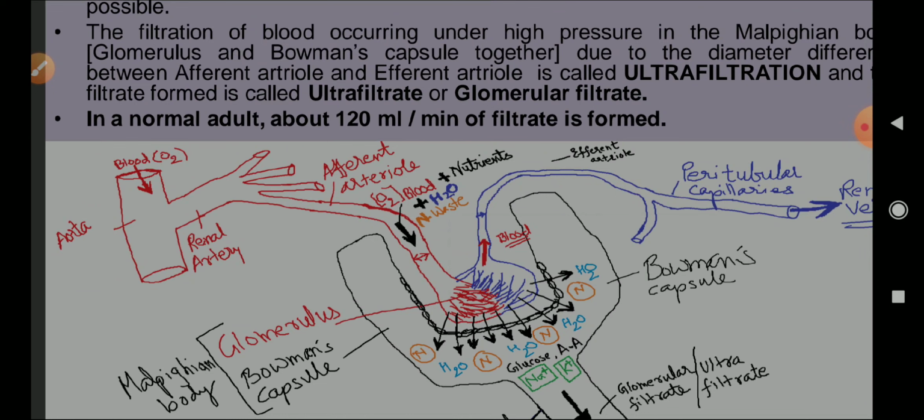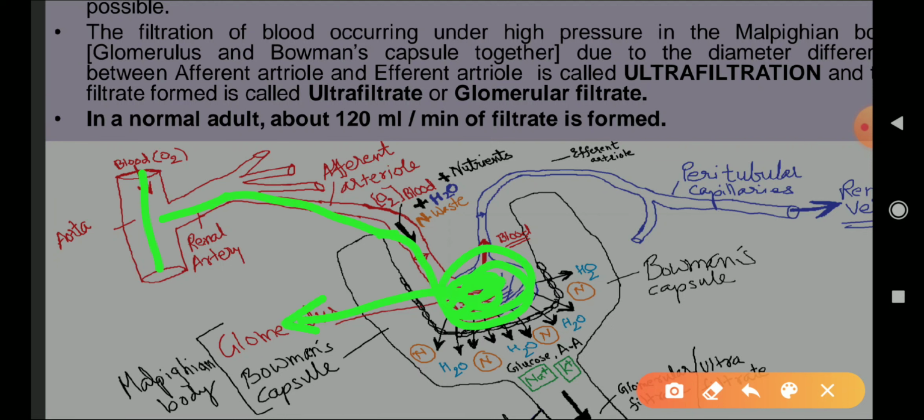It divides into a tuft of capillaries known as glomerulus inside the Bowman capsule. So here I am talking about aorta dividing into renal artery, dividing into millions of afferent arterioles. Afferent arteriole divides into a minute tuft of capillaries known as glomerulus. This then unites to form efferent arteriole. Efferent arteriole unites to form here renal vein. But before it forms a renal vein, it is going to form the peritubular capillaries.